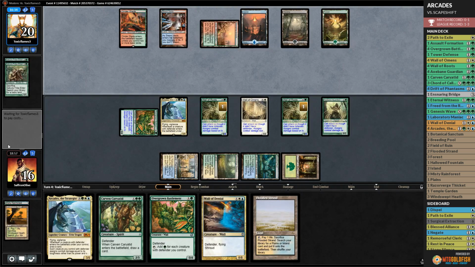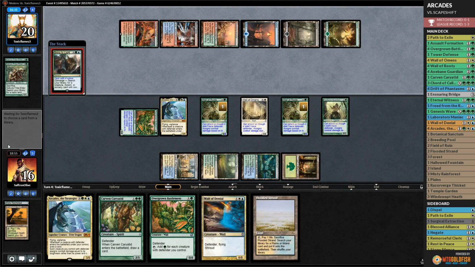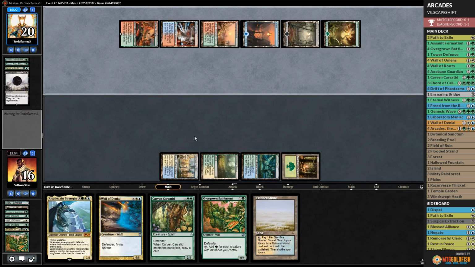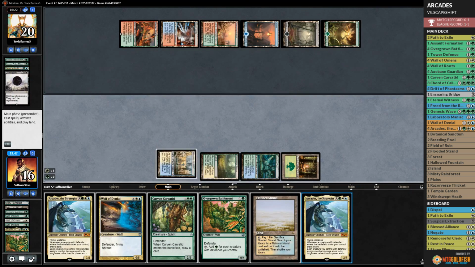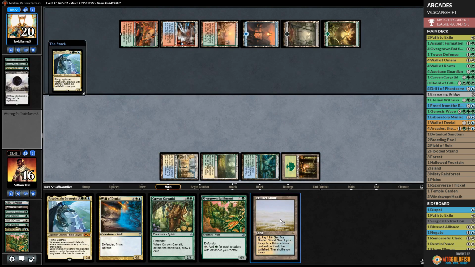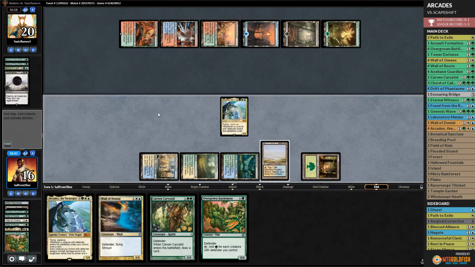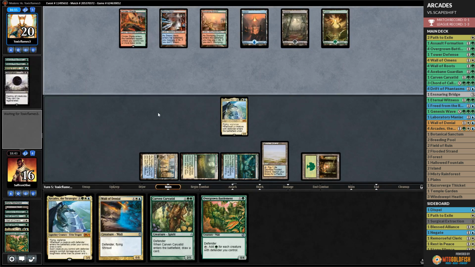Stomping Ground, tapped. Bring to Light, X4. Ugh, for Damnation. Oh my god. That's not good. That's not good at all. Well, play Arcades. Play Flooded Strand. Die to Scapeshift. Well, we did our thing against a lot of decks that would have been good, but Damnation,